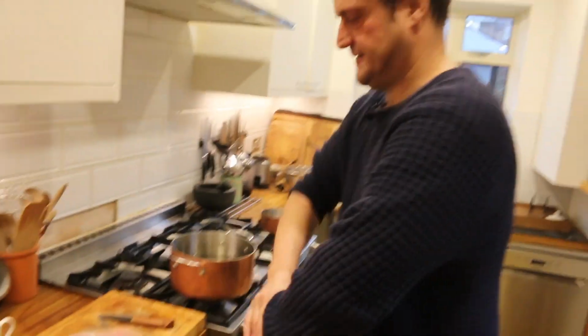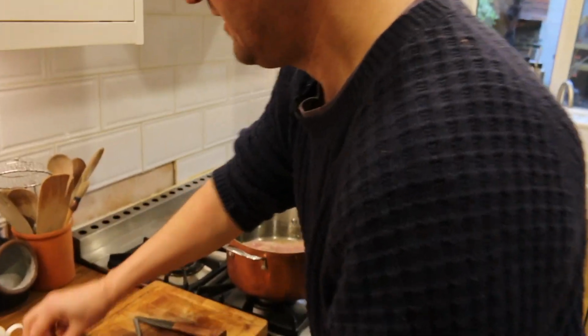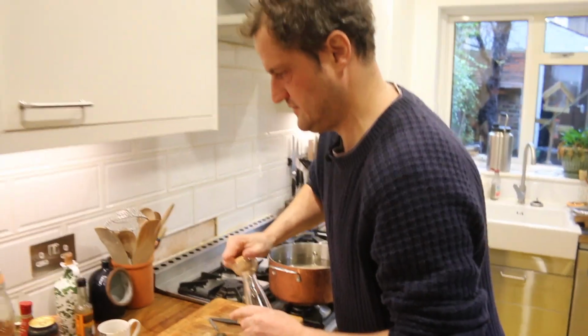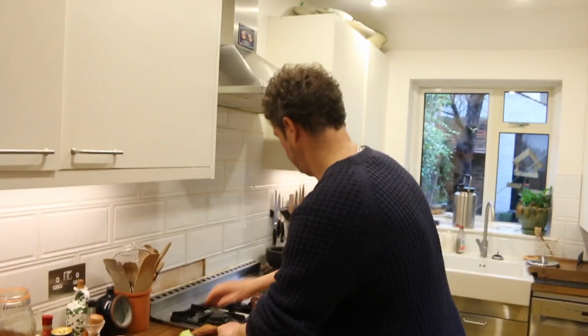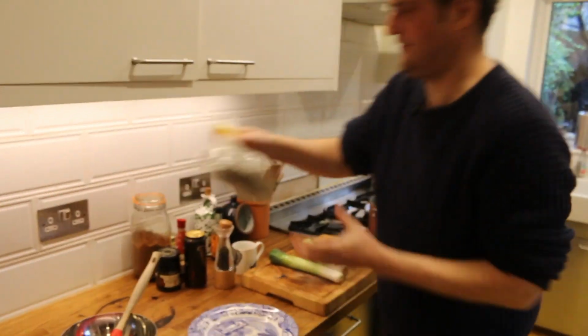Okay, so first, tongue going into some cold water. 2 bay leaves. About 6 or 7 peppercorns. Spring onions. Ta-da. And then this grozzle